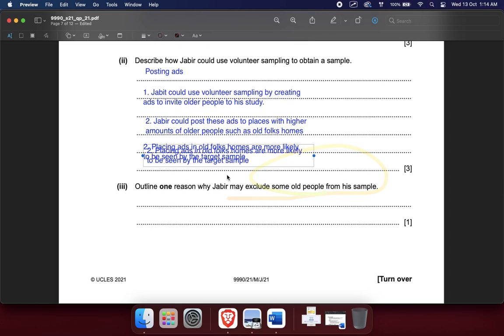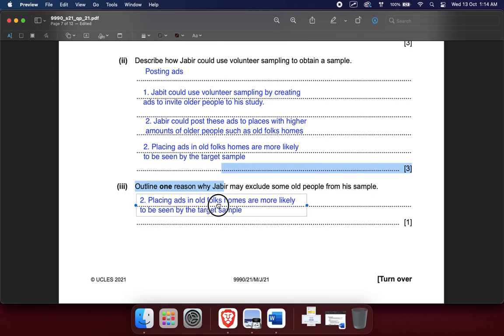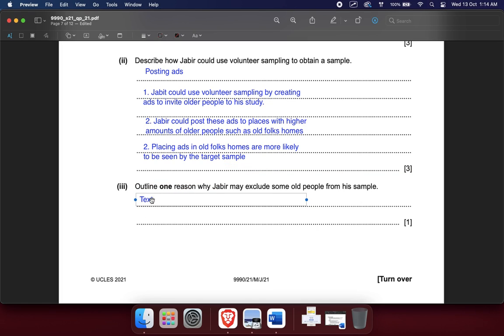So you have old people, you want to study old people, but why might some be excluded? What happens to old people when they are old? Can they read as clearly? Can they operate as easily as they used to? Can they run? Right, so that might be some of the problems when it comes to this. For example, a lot of old people have memory loss, right? So for example, you could say, older people usually have memory loss, and therefore if we go hiking, you may,